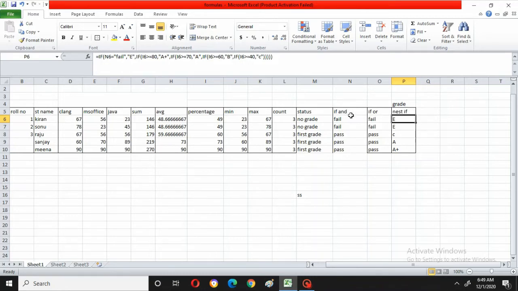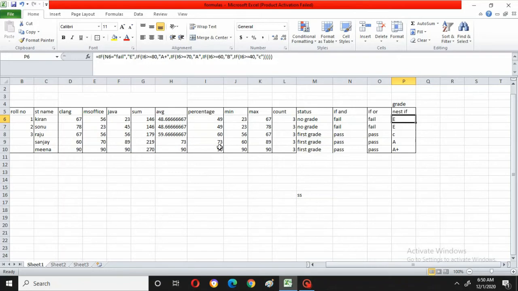This is N6. When a person has got fail marks, then automatically it is showing fail. So if he has failed, then the grade should automatically display E. That's why, if the N6 cell is fail, then it should give E, that is E grade.